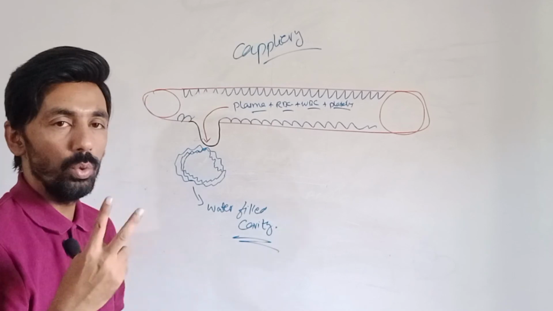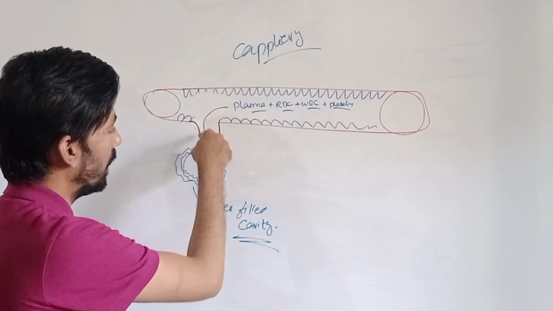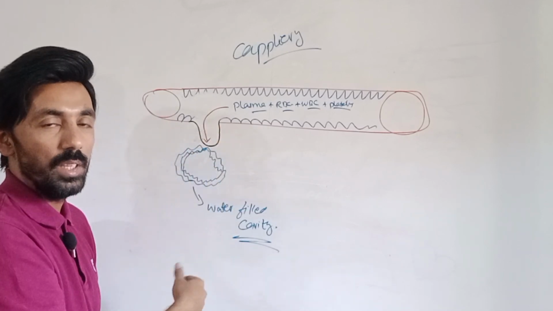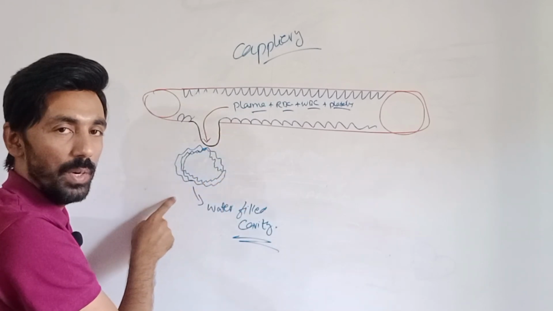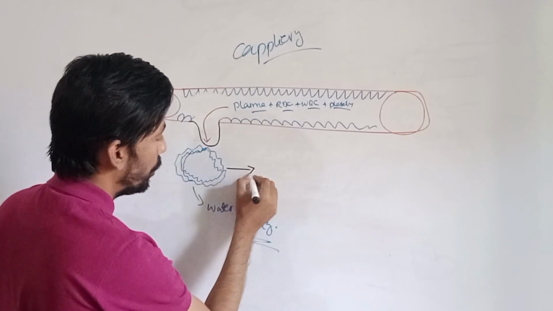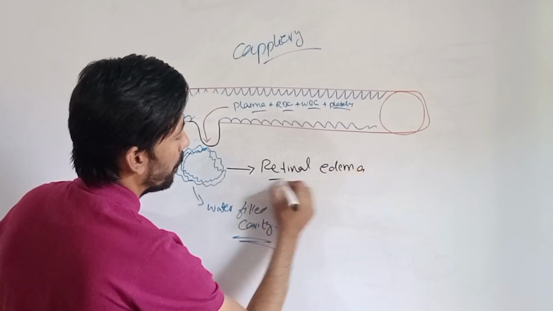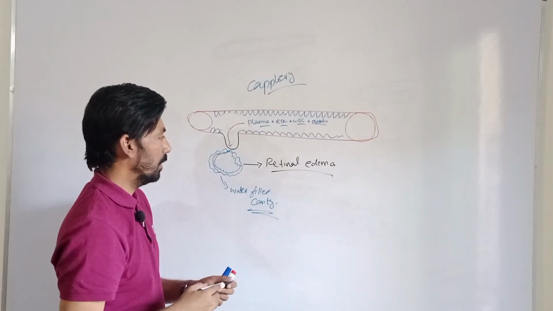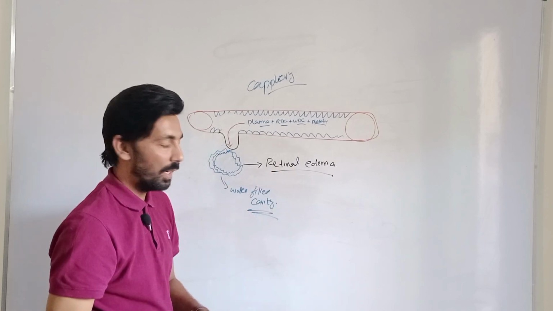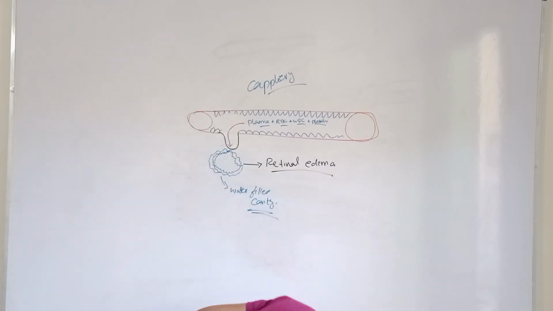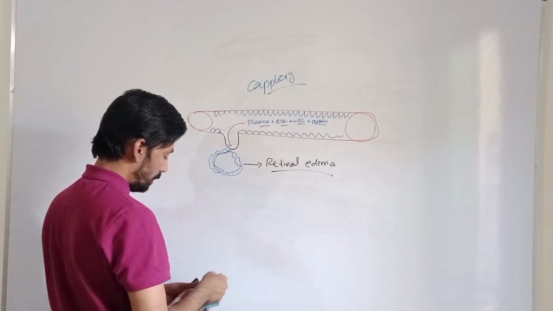We have learned two terminologies. The first one was the microaneurysm, the focal dilatation here in the black marker. And if the microaneurysm is there, then first of all the plasma, which has the least density, will come out and make a water-filled cavity, and that water-filled cavity in the retinal tissue is called retinal edema. So this is the second important term of microvascular leakage. And now after the edema is there,